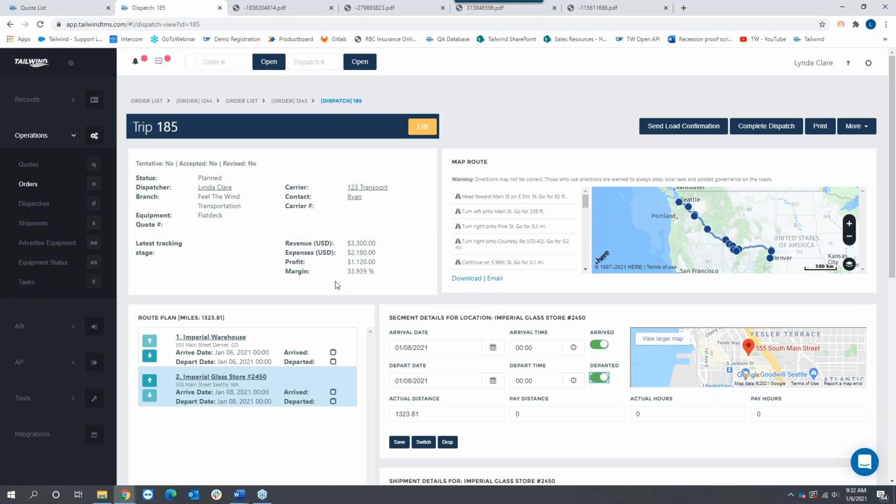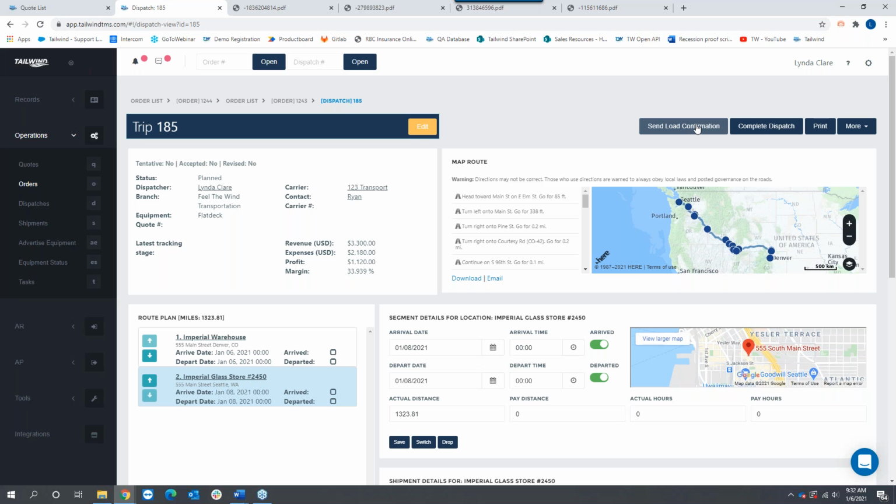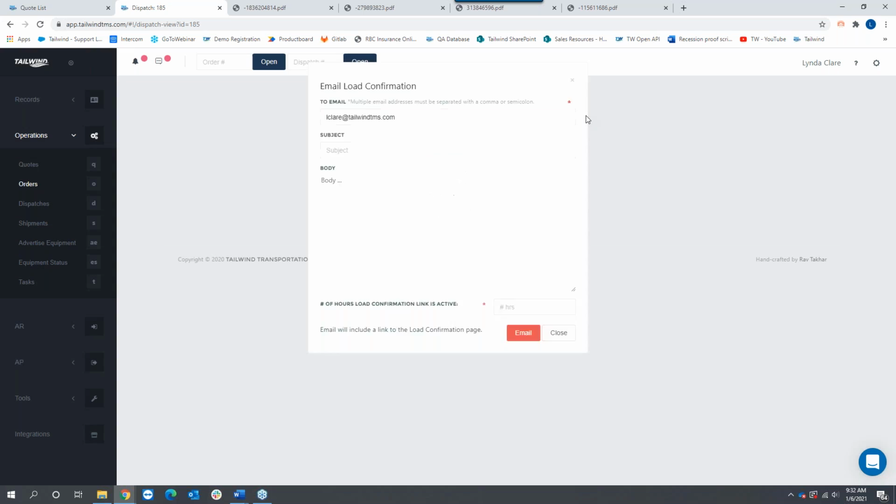Let's go back and dispatch a load. Oh, wait, before we do that, let's talk about this send load confirmation for a brief moment. So we have the ability to send electronic load confirmations in our application as well. While you can email a load confirmation to your carrier partner, you can also send an electronic load confirmation to your carrier partner. Sending an electronic load confirmation will send your carrier partner an email giving